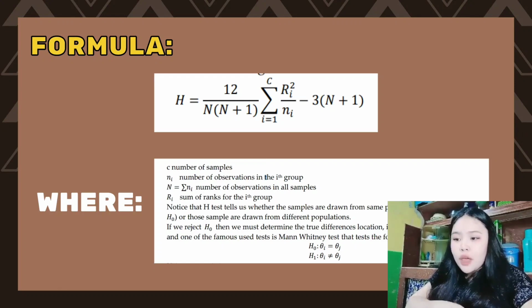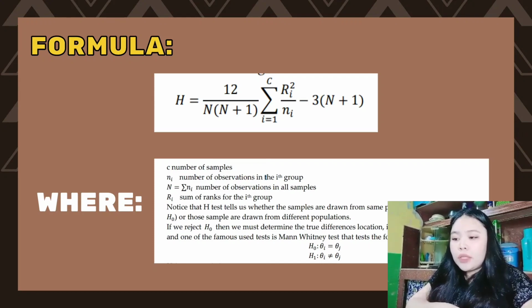Notice that the H test tells us whether the samples are drawn from the same population or those samples are drawn from different populations. If we reject H, then we must determine the true differences location. We must do a post hoc test, and one of the famous used tests is Mann-Whitney test that tests the